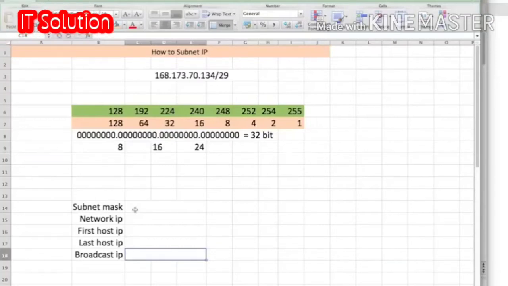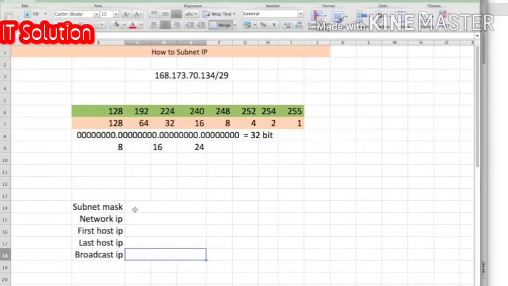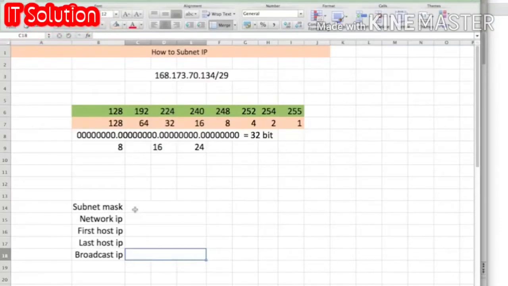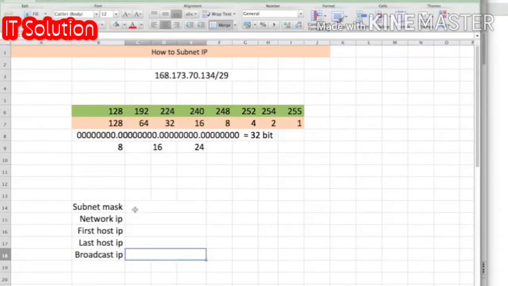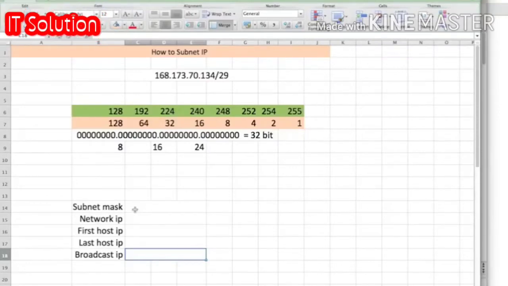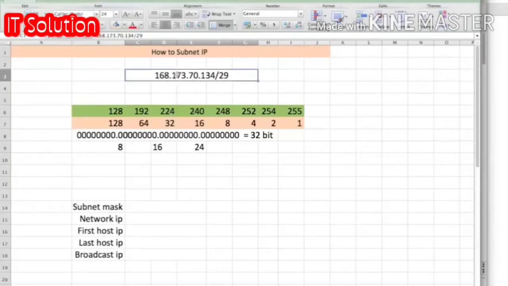Now remember, every subnet or every network has two portions of an IP that it reserves. One is the network portion, and then here's my broadcast. So the network ID is usually the first ID, and the broadcast is usually the last IP. And those two are reserved. You can't use those, but you can use everything else in the middle. So we need to find out for this IP what the subnet mask is, the network IP, and so on